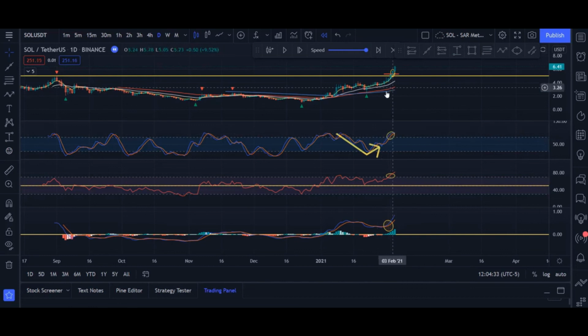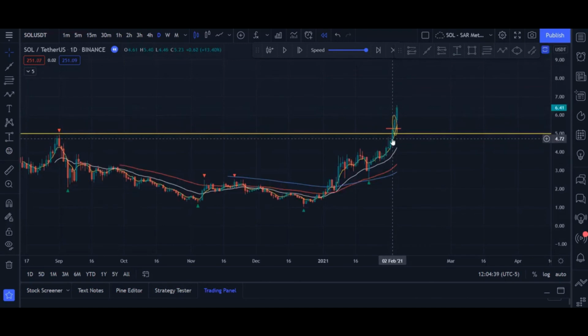So this here happens on the 2nd of February. So let me go back here. 2nd of February, the candle closes above the resistance line. So this means that